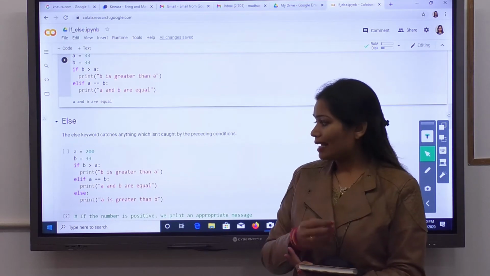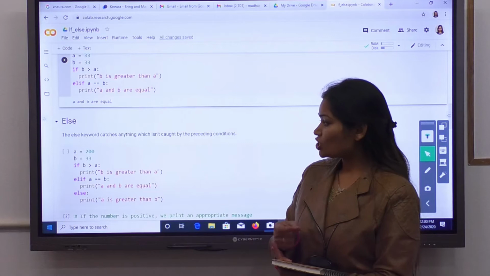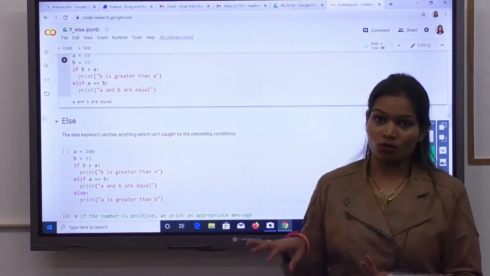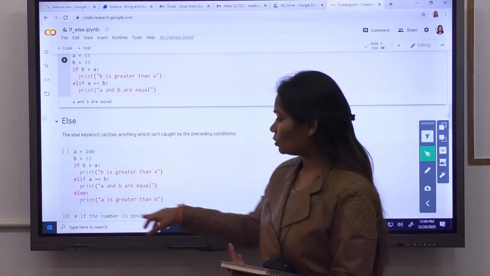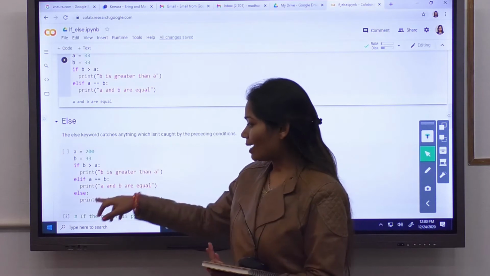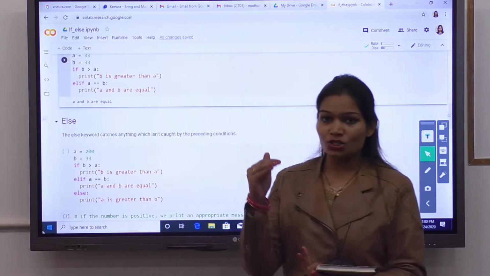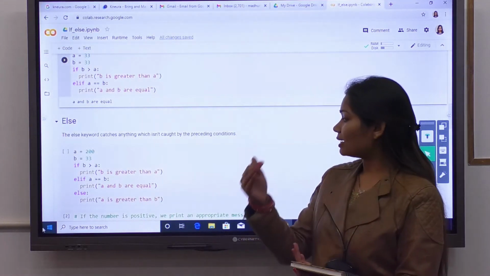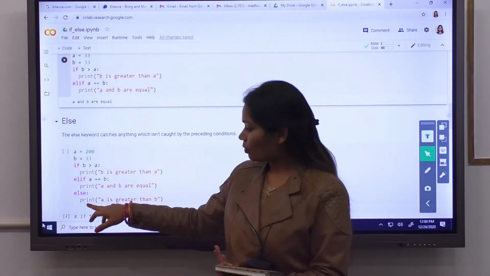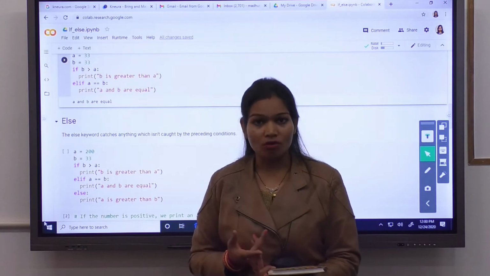Next we are checking two conditions. Suppose these two conditions are wrong in the code, then the code will come on the else statement and else is print a is greater than b. So else is about if all the preceding conditions are false, then the code comes on the else statement and prints the default statement here.